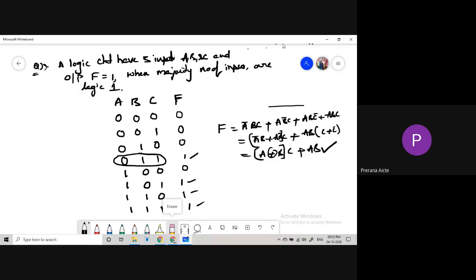So for this we are taking another form. The other form is like this. So if I take